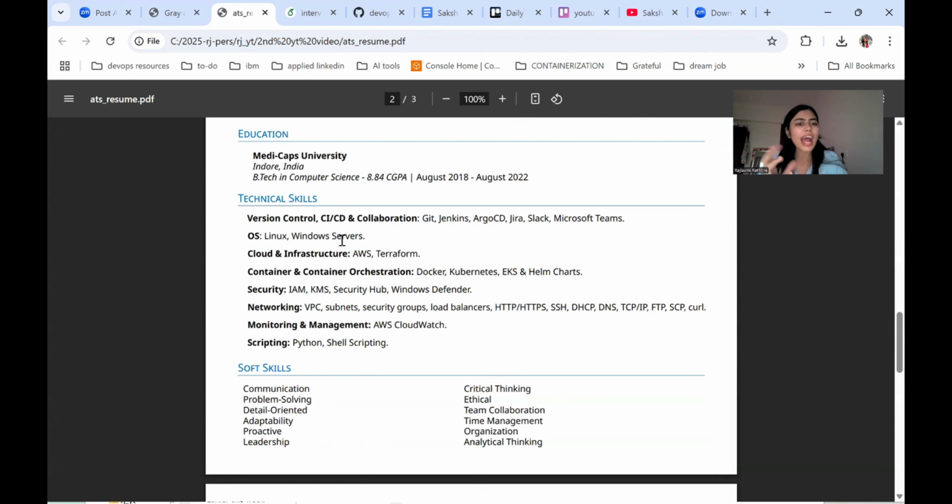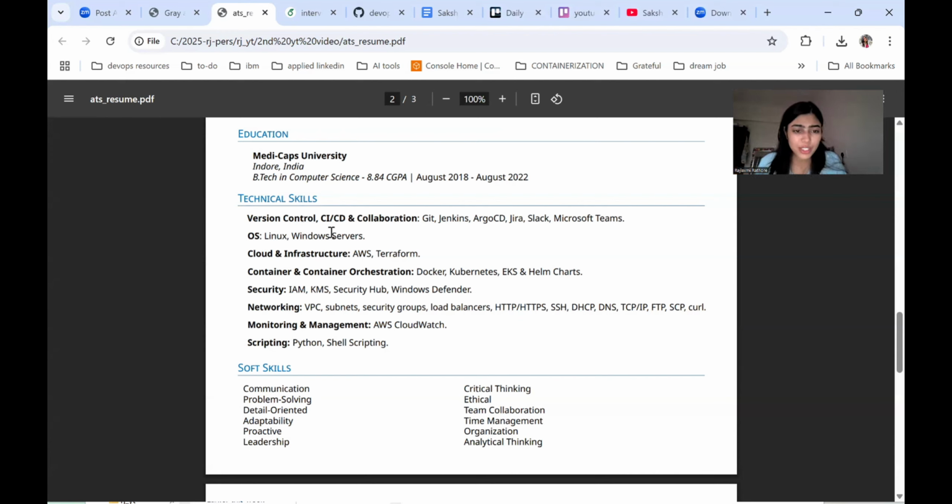It's very important. And don't try to write it like in a single line. Suppose if I would have written Git, Jenkins, AWS, each on a different line, then it would have been so long. So try to group them. You can have it like OS and cloud, or infrastructure and cloud. You can also take my example. I have just clustered them in a way where they are related to each other. Try to find a link between them and just group them into that particular group.